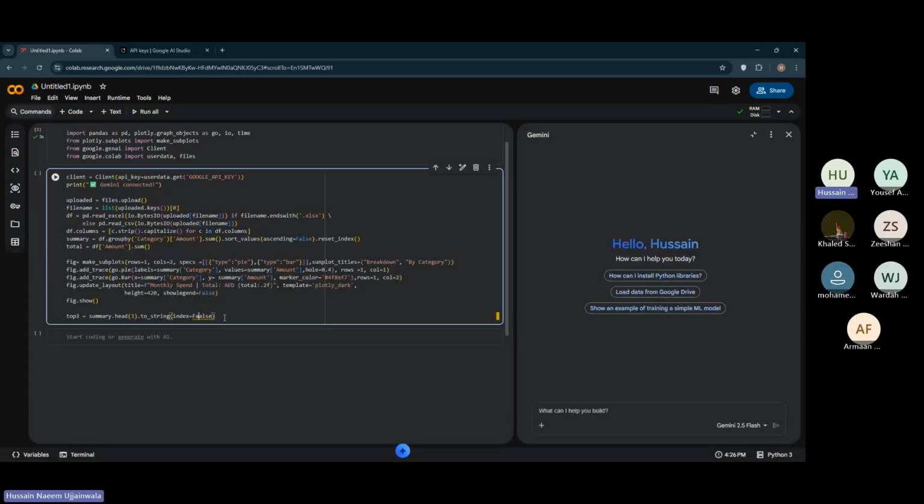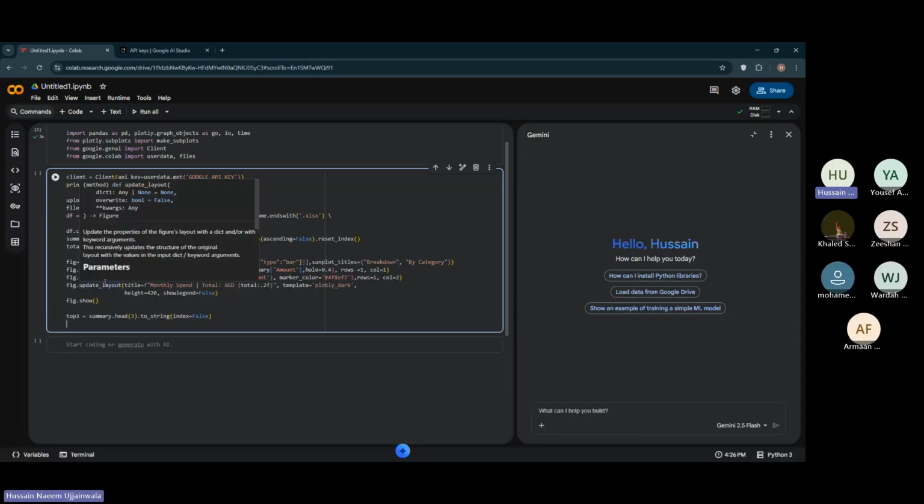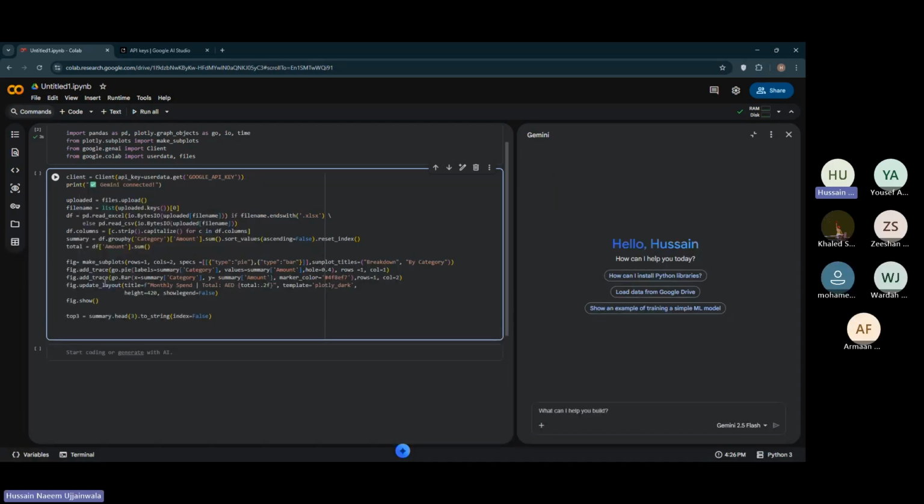Okay, now this is something very interesting. Now we're going to write the prompt for our program. Keep in mind, copy the prompt as I type it, because if you increase the prompt even a bit more,